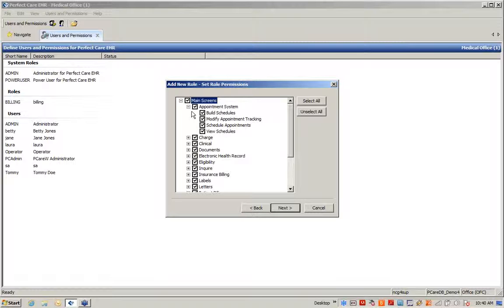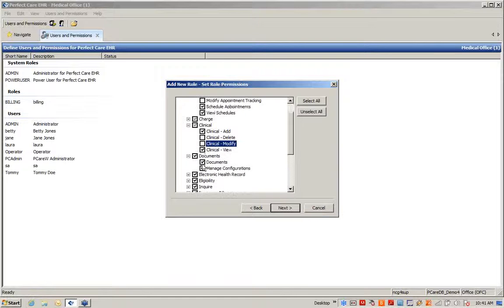Then within each tab, you can take away rights. So if you want the user not to be able to build schedules or modify appointment tracking, but to be able to schedule appointments and view schedules, you will leave those two checked. In the charge screen, we will remove deleting a charge or modifying a charge, but they can still add charges and view charges. You will continue to do this for each screen,